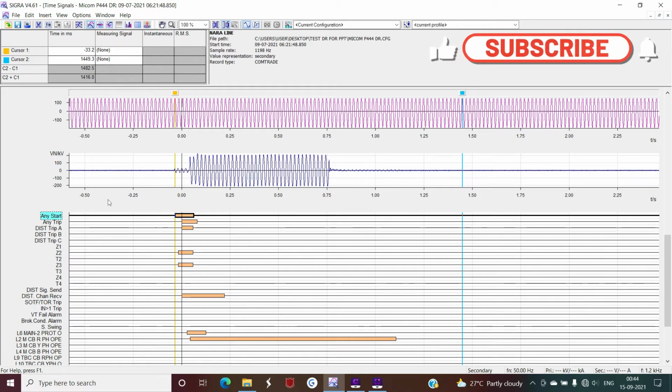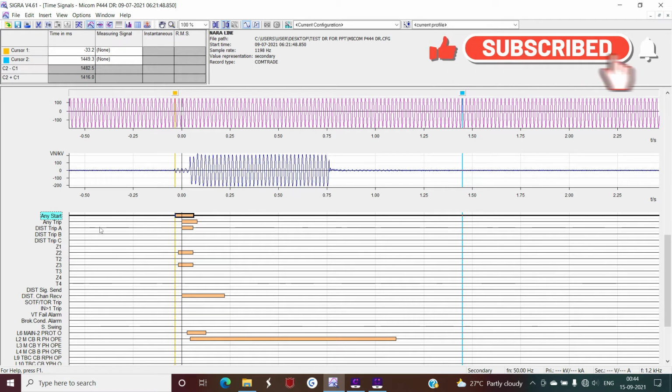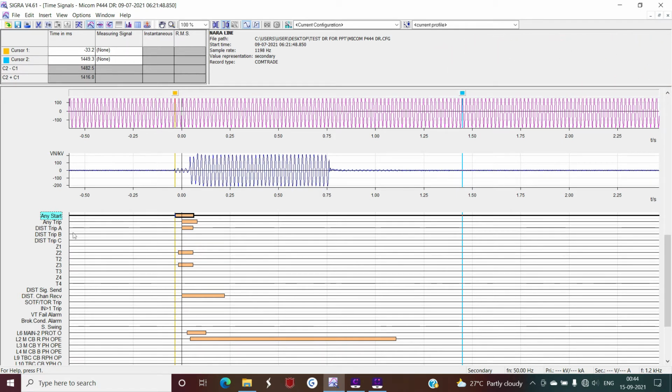In the Micom relay, this is designated as Any Start, or if you have configured a distance pickup or distance start here, then you might get this distance start as well. But since we have not configured that in this particular DR, we are getting only Any Start. So now after one or two